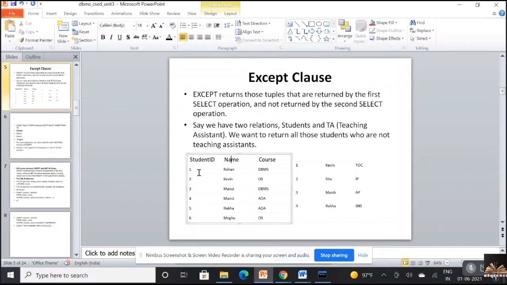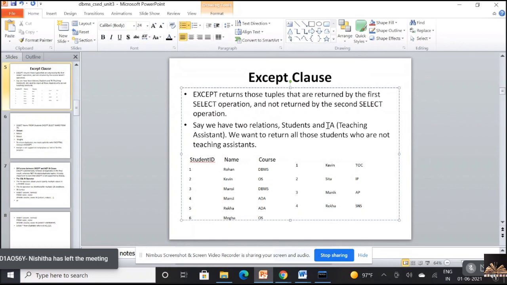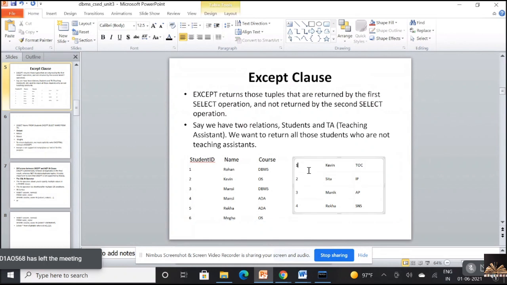The next table is teaching assistant, the students who are teaching assistants. This is the second table which is highlighted. The first column is student ID, the second column is name, and the third column is course. Here the teaching assistants have IDs 1, 2, 3, 4.